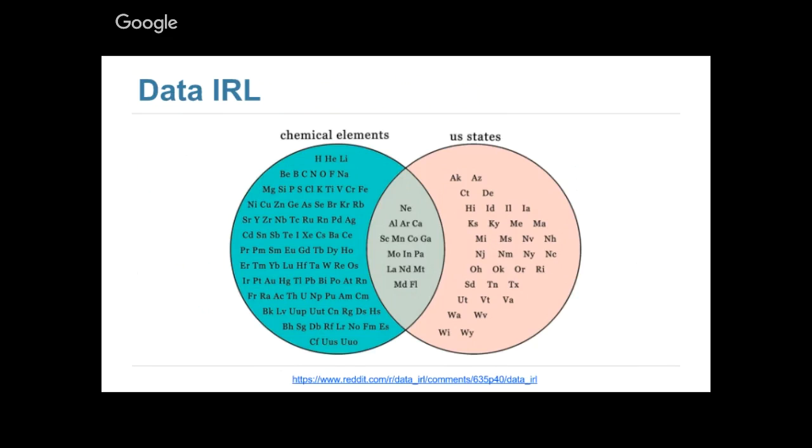Why should the last two elements on the chemical element table not have names? So maybe there's some